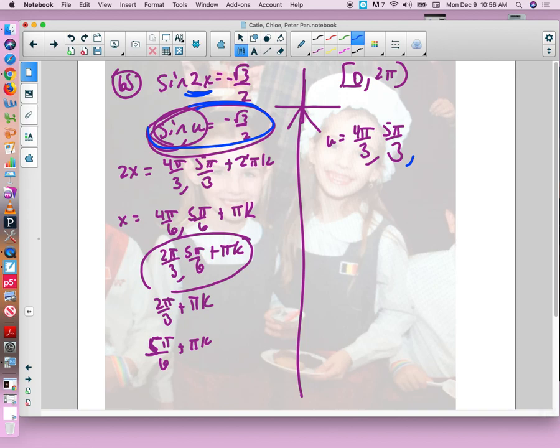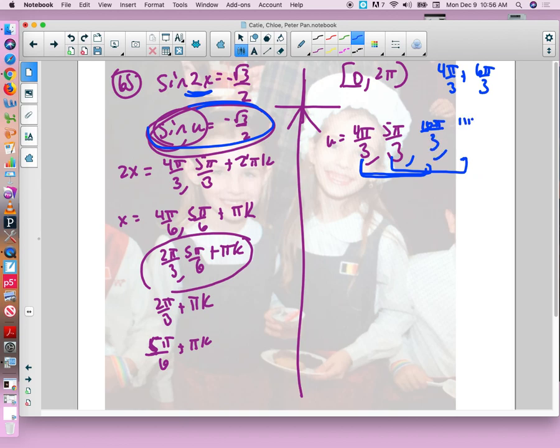So how do you go around again? This was at the very end of the last class. To go around again, the easiest way to do it is just to add 2 pi to whatever you have. Think in degrees. Wouldn't you add 360 to go around again? After all your graphing, I know that you can add by 2 pi. So 2 pi is 6 pi over 3. So this one takes me to 10 pi over 3